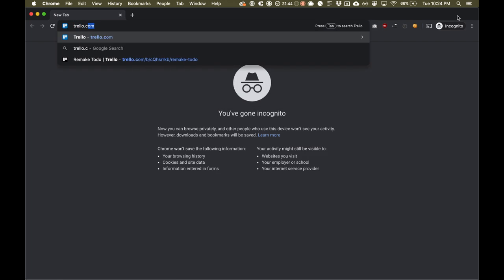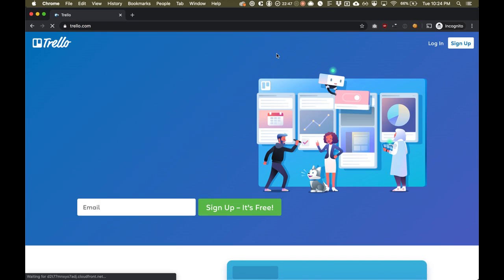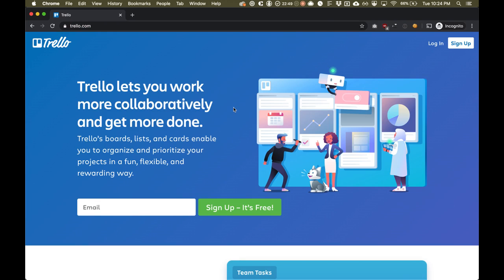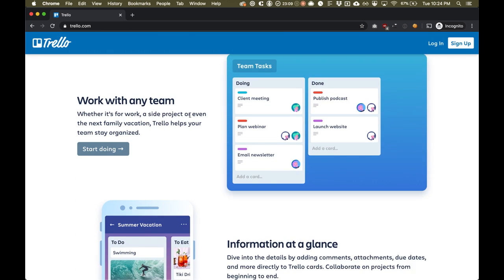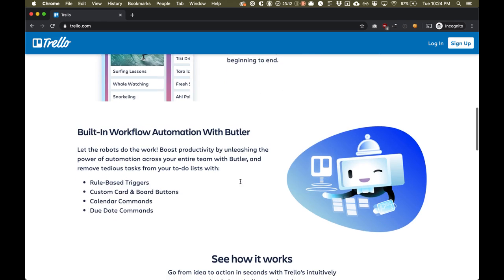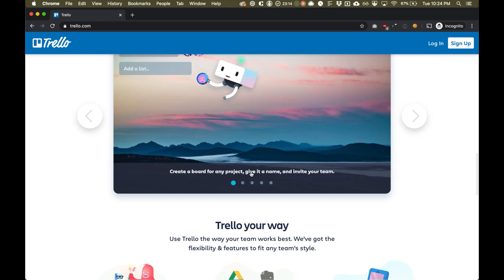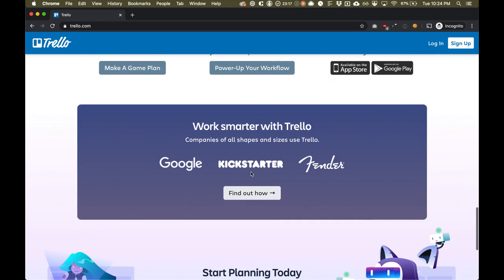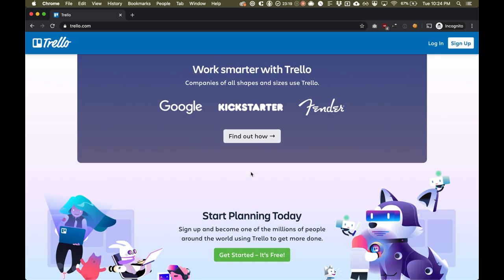So if we go to Trello.com, what I'm trying to convey is that the inside of your app can be a little bit different, a little bit unique. But some things you don't want to change: in the top left, you want your logo. In the top right, you want your login and sign up buttons. In the middle, you want some kind of sign up or CTA. CTA is just a call to action, so it's just a button you want them to click on. Down here, listing features together with some images makes a lot of sense, because it's what they're going to expect to see. So you don't want to violate your user's expectations too much.